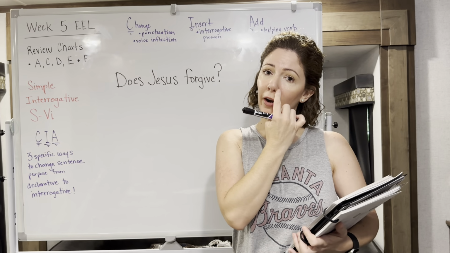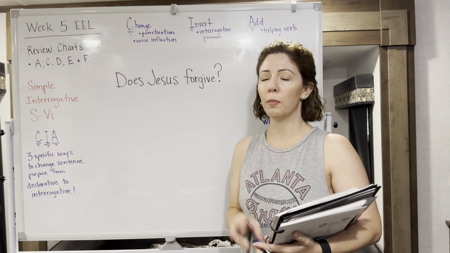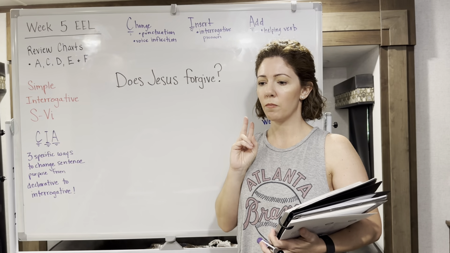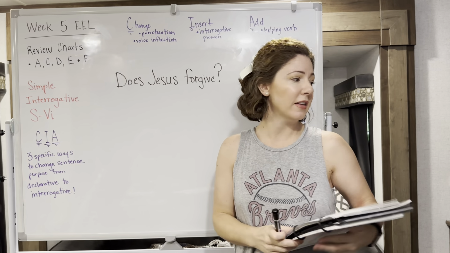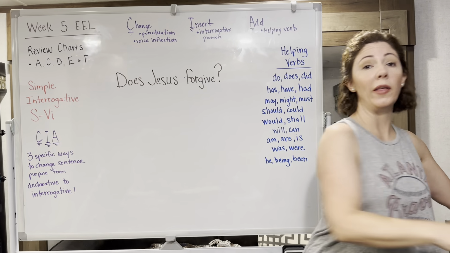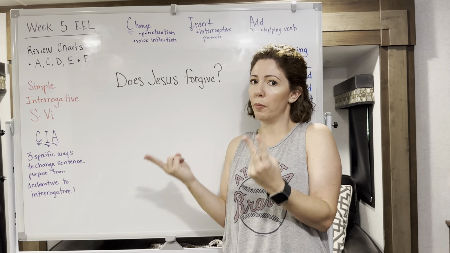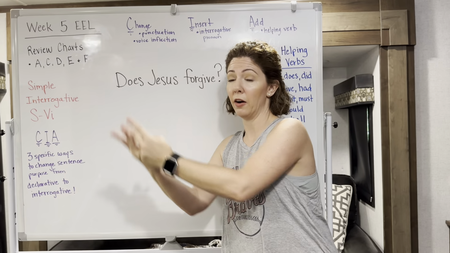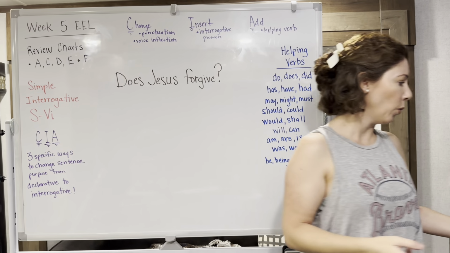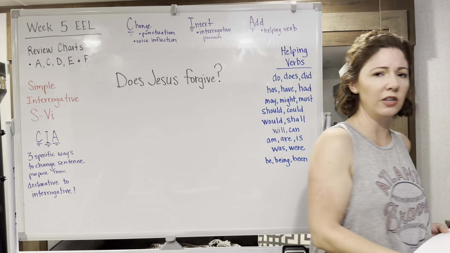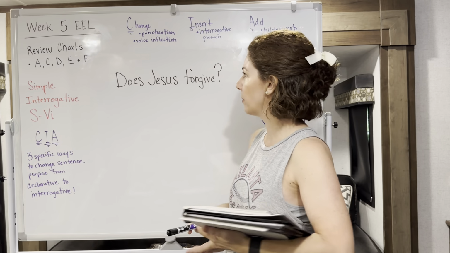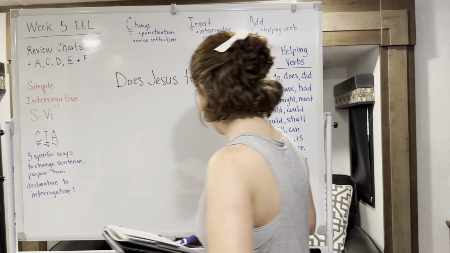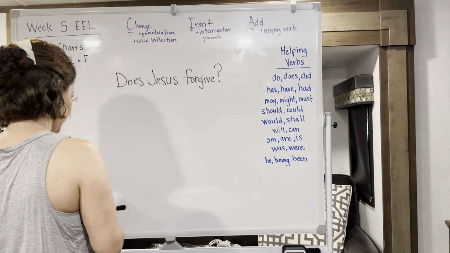Because when we diagram, our helping verb is one of those things that's going to want to stay with its verb. Remember our helping verbs, they come in and help another verb. So when they diagram, they're a pair, they're going together. So in order to help us to diagram and see that and remember that, we could move this around a little bit,